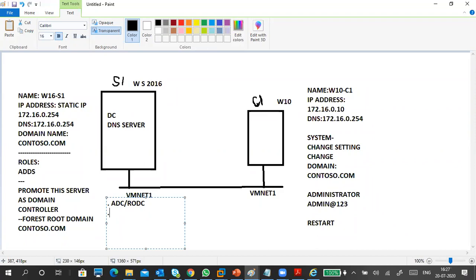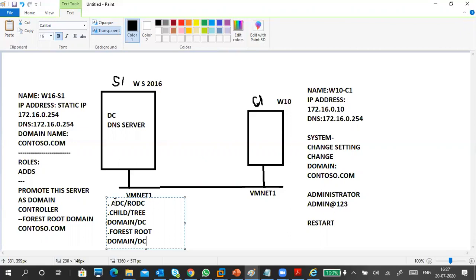Second option is if a forest is already created, then you want to create a child or a tree domain. Domain controllers, tree domains, domain and domain controllers both. That is the second option. This is the first time you are creating a domain controller. That is a forest root domain controller, or a domain and domain controller, both we are creating. Domain controller means physical PC, domain means that's the name we are giving, that's it. So we have to select the third option.